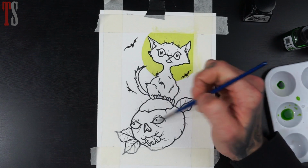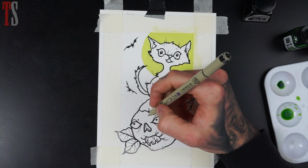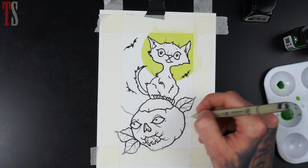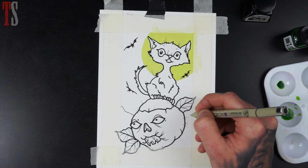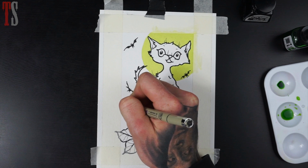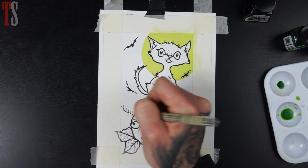I think I might think about this little background, the dark bit at the bottom that I was thinking. And I'm just going to draw this in just using a fine liner. This is a 0.5 micron. So just do a bit of a hill thing coming in. Same on this side. I'll go around here. Then now, just going to do some little lines. It's going to be like a fence, but